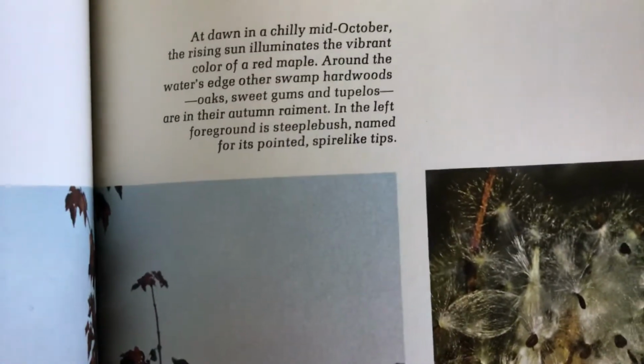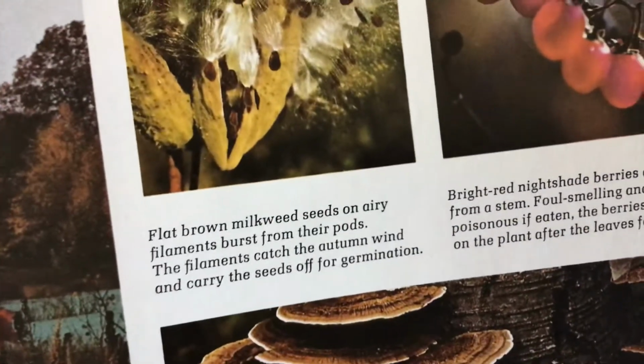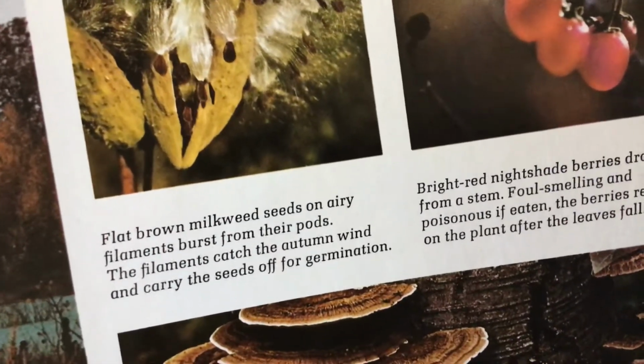In the left foreground is the steeplebush, named for its pointed, spire-like tips. Flat brown milkweed seeds on airy filaments burst from their pods. The filaments catch the